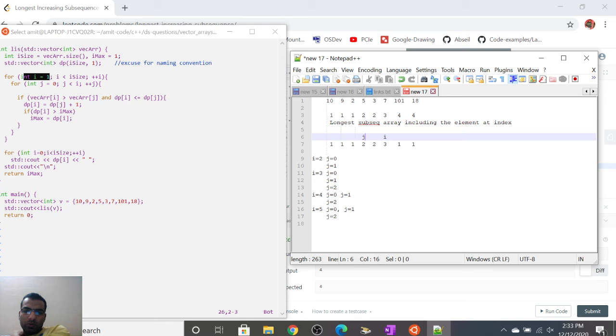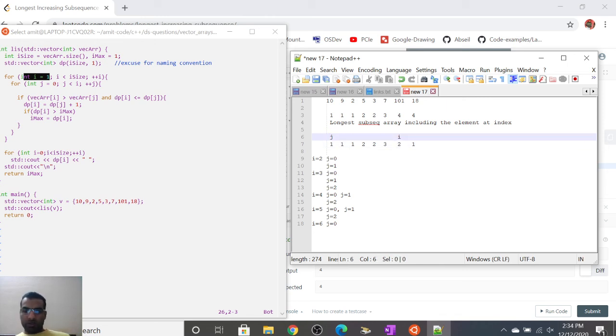Okay, so now j comes here. It finds that 3 is smaller than 7, so the first condition is met, but the second condition, that is array element is either smaller than or equal to j, doesn't meet, so it will not be good. So i comes here, j is moved to first position, so i is equal to 6, j equal to 0. Okay, so now this is interesting. So now in this case j is at element 10, this 10 is smaller than 101, so it becomes 2.